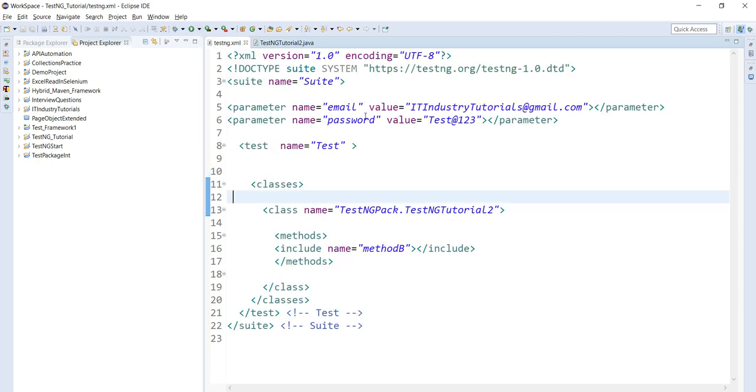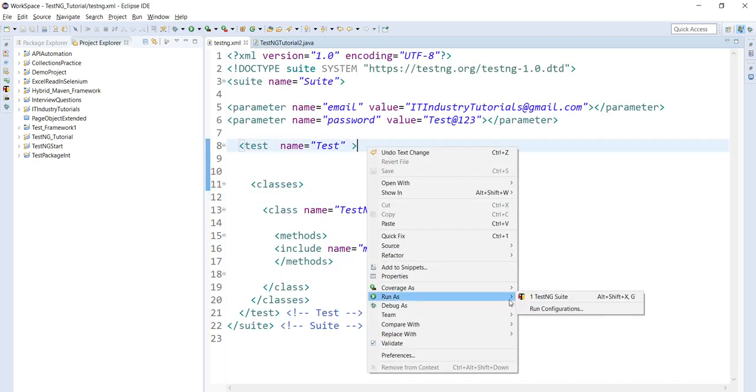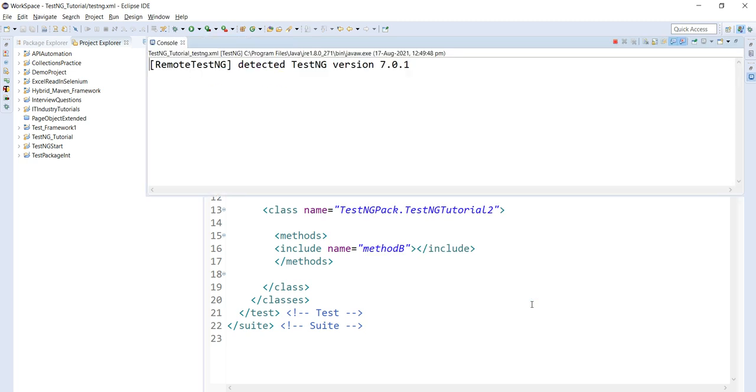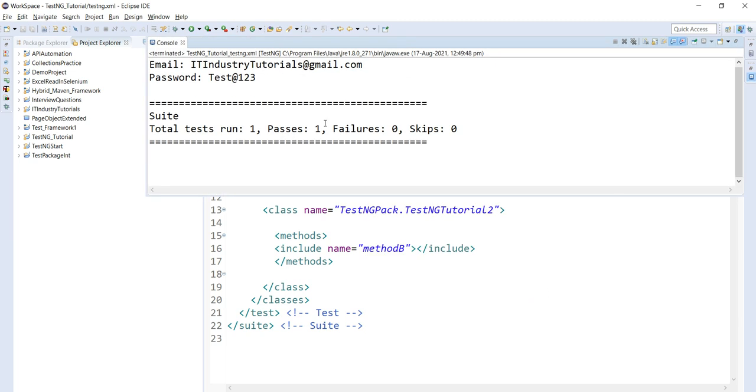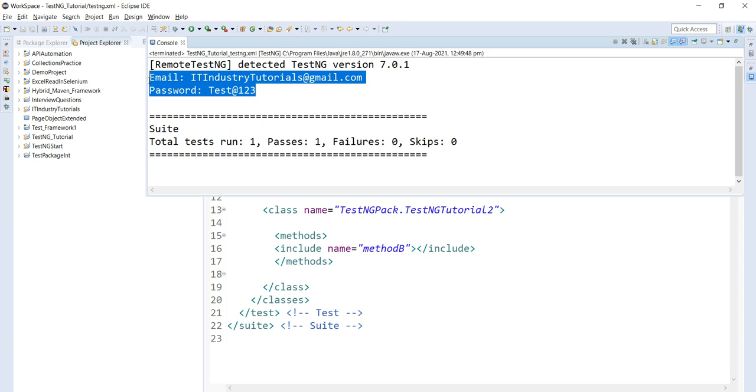With this you will get to know that it is printing on the basis of that test case only. Yeah, here it is. Perfect. So this is the way with the help of which we can use parameterization.